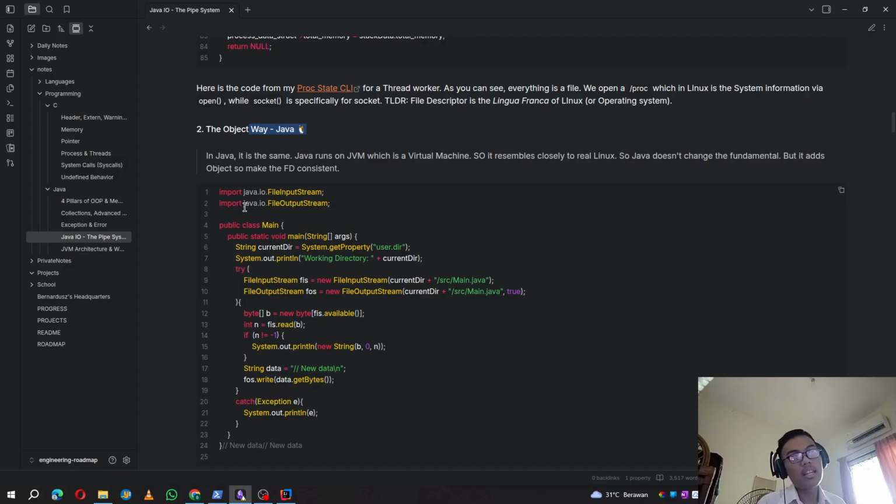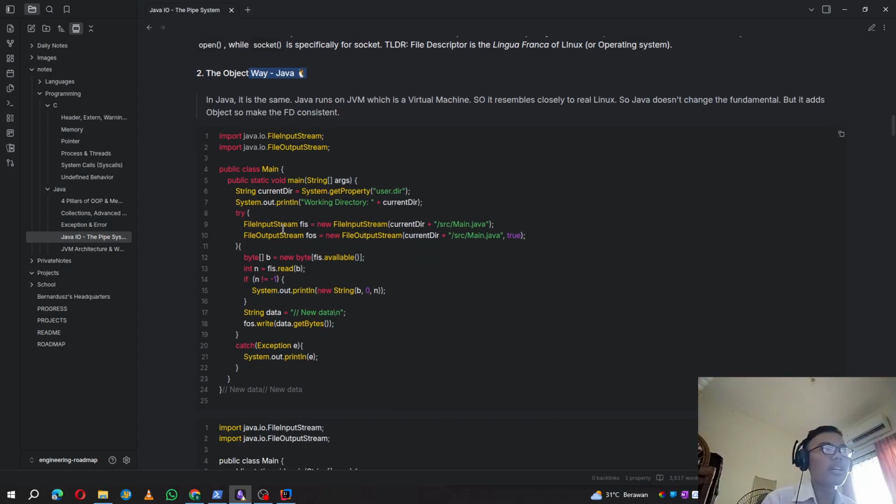In Java, it is quite the same. Java runs on a JVM, which is a virtual machine, so it resembles real Linux closely. Java doesn't change the fundamentals, but it adds objects to make the file descriptor in Java consistent. Instead of just a number, it should be an object. Yes. We have FileInputStream, which opens the